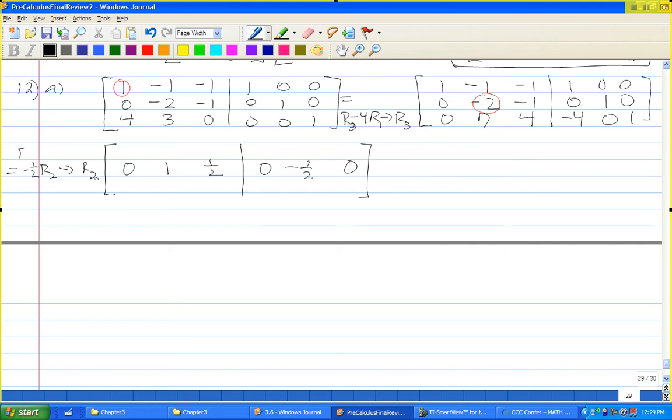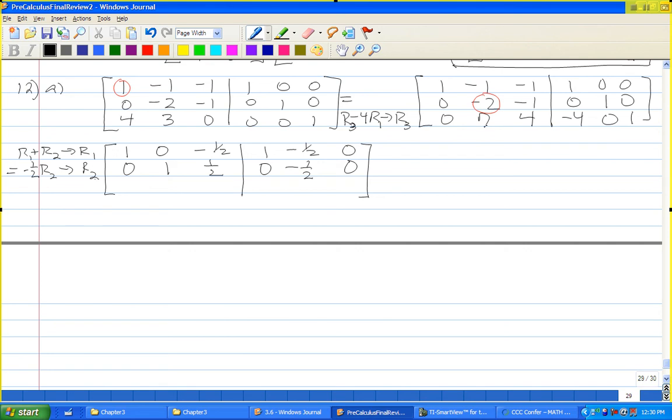Row 1, add to it row 2 to give me a new row 1. Okay, so 0 plus 1, 1 minus 1, 1/2 minus 1, 0 plus 1, negative 1/2 plus 0, 0 plus 0. Okay,